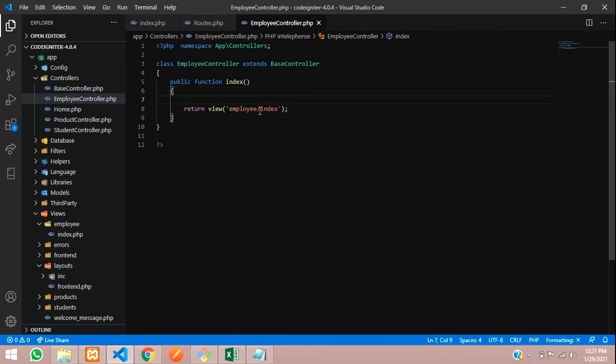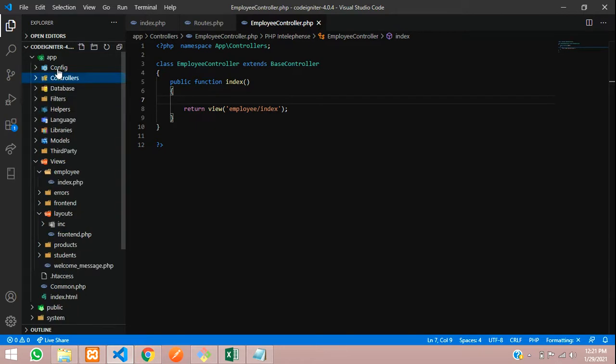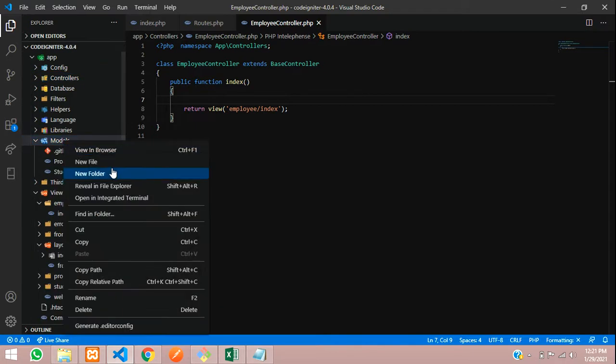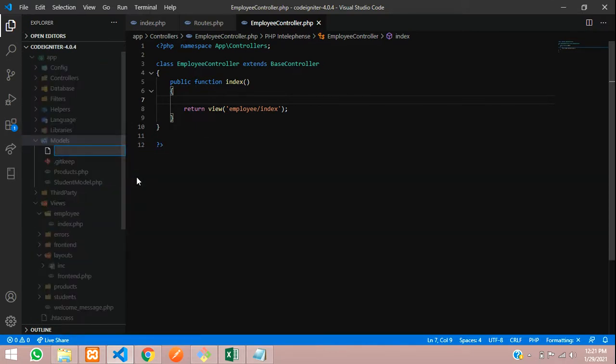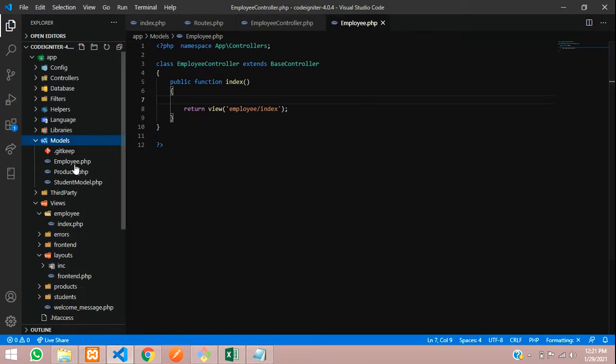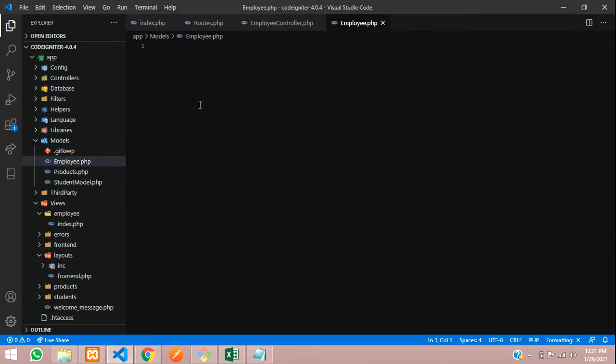Before calling your database table, you need to create a model. So let's go inside the models folder over here and create one model called Employee.php. This will be my employee model.